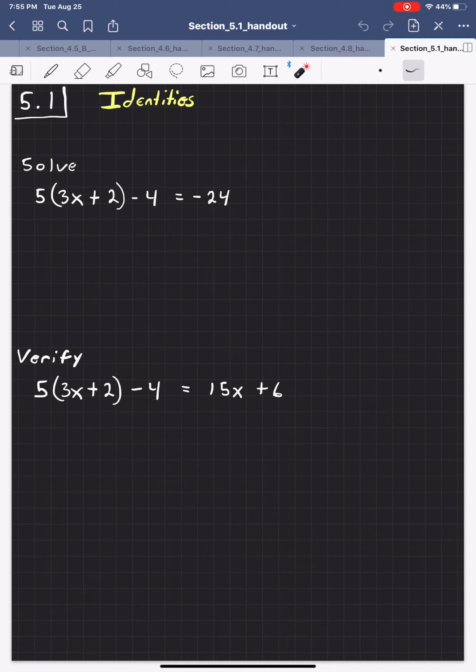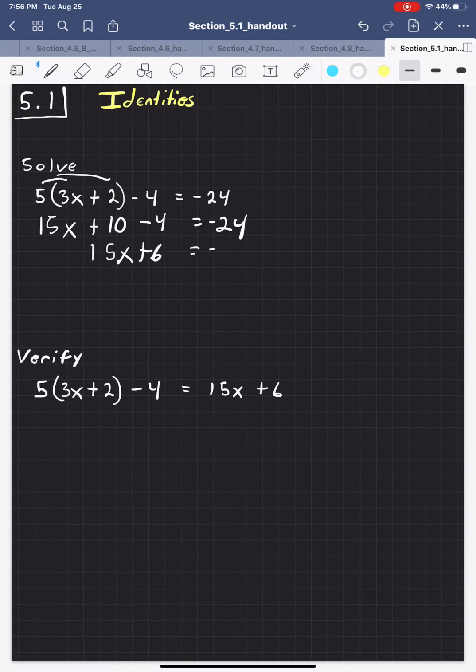So if we were going to solve this equation, you and I know what to do here. The goal is to get x by itself, so we would distribute this 5. We would end up with 15x plus 10 minus 4 is equal to negative 24. Combining the 10 minus 4, we'd have 15x plus 6 is equal to negative 24. Subtracting 6 from both sides, we'd have 15x is equal to negative 30. And finally, dividing both sides by 15 would give us